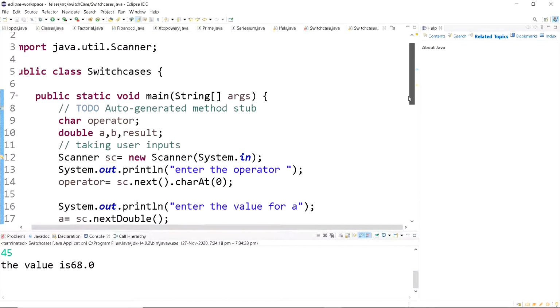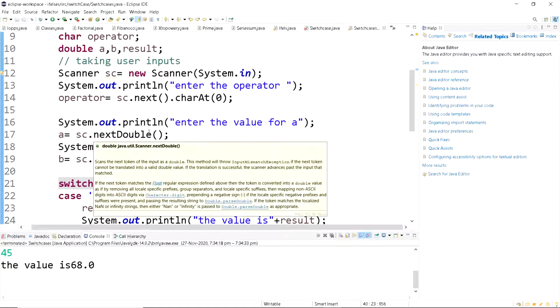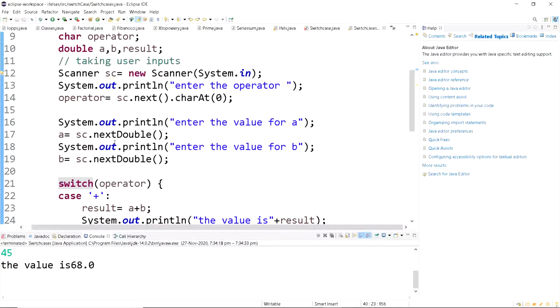For that, I have imported the scanner class, and then in order to take a character, instead of sc we can take any name, and then next bracket dot char at 0. So this is how you take the user input for a character variable. Here I've taken the user input for A and B.